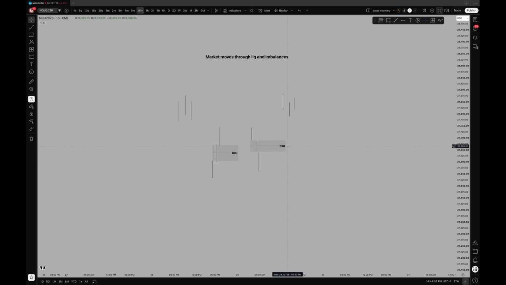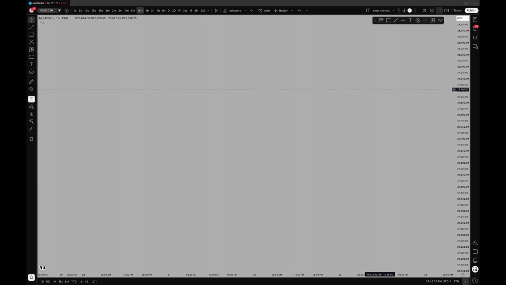It's just an easier way to know what fair value gap you're looking into, if it's a bullish fair value gap or if it's a bearish fair value gap. That's very simple and easy to understand. We'll go into chart